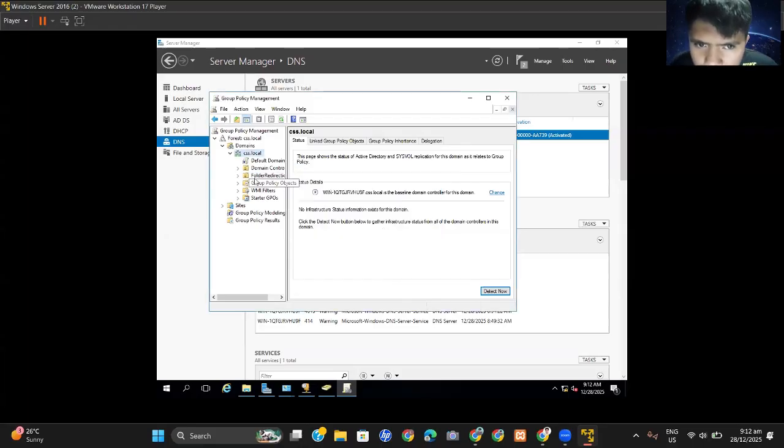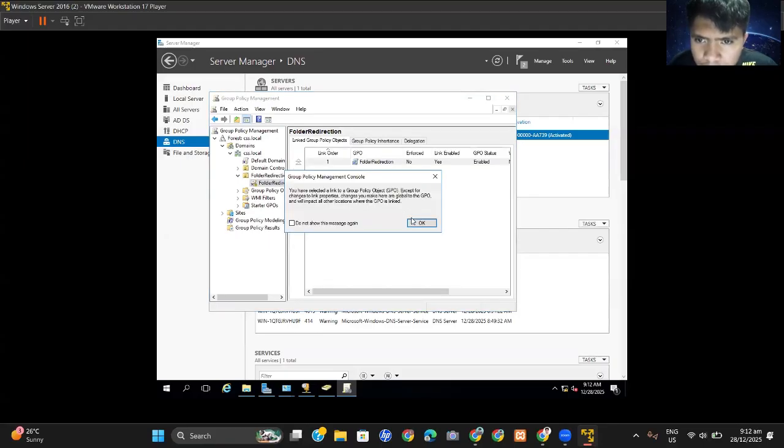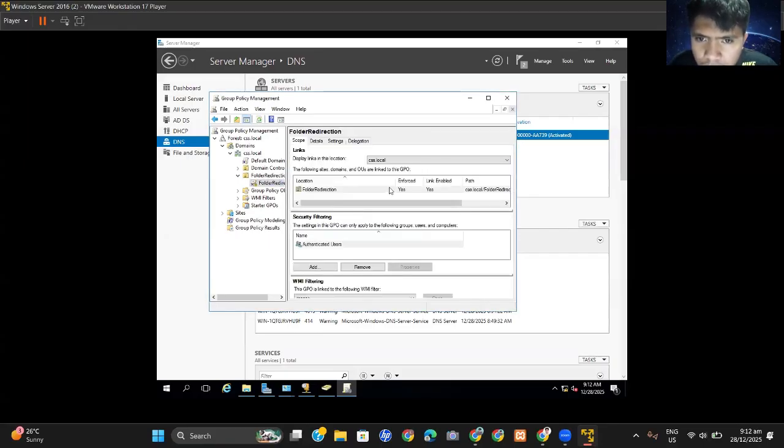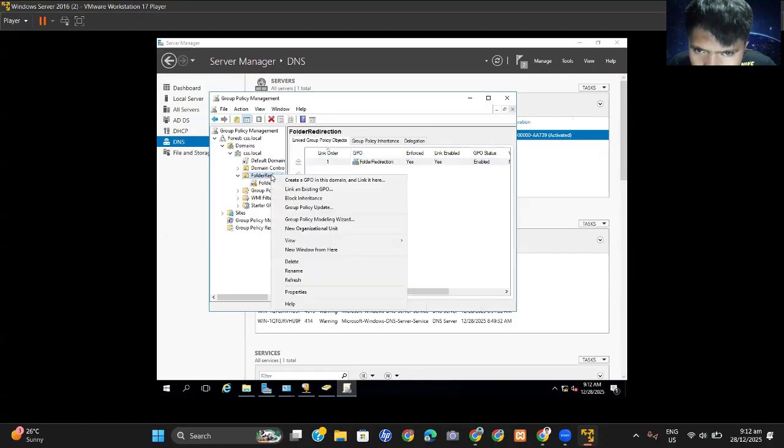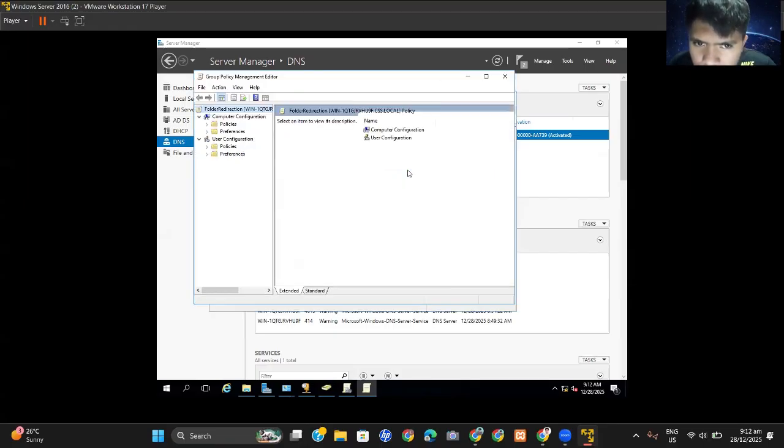Then as you can see, the folder redirection is here. Then we need to enforce it. Yes. Just click OK. After enforcing it, we need to right click it here. We need to edit it here.